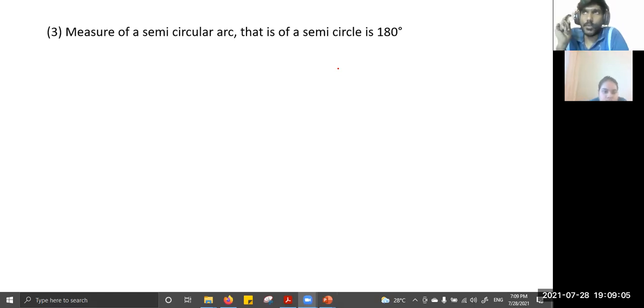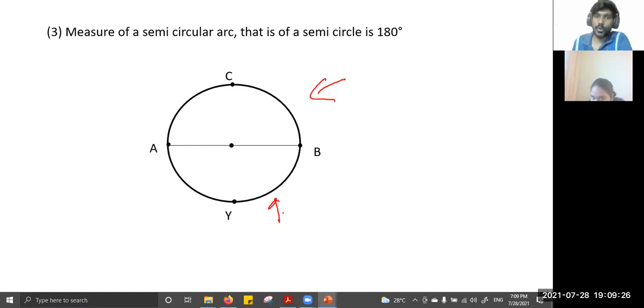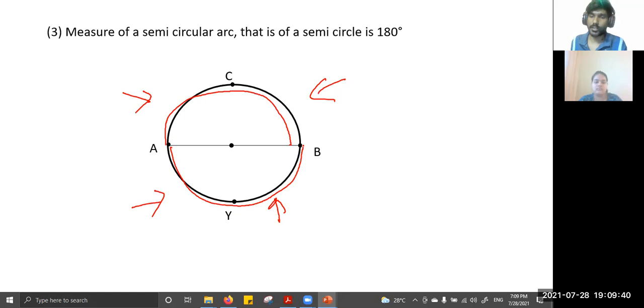Okay. So I was saying, if a complete circle measures 360 degree, what will be the measure of a semicircle? A semicircle measures 180 degree. So 180 is the half of 360, right? Yes. So the diameter divides the circle into two parts. This is the upper part and this is the lower part. So now here we will not have a major arc and minor arc because both of them are of the same size. So this is the upper arc and this will be the lower arc. Okay. And since the diameter is dividing it, it will be a semicircle.